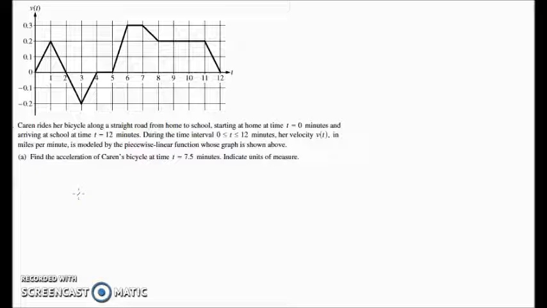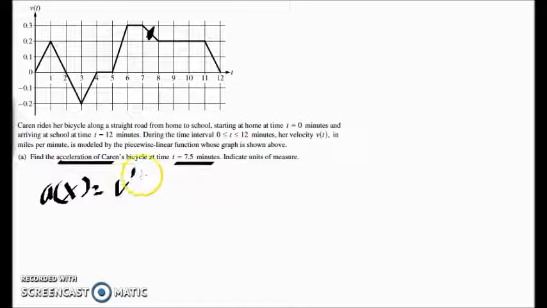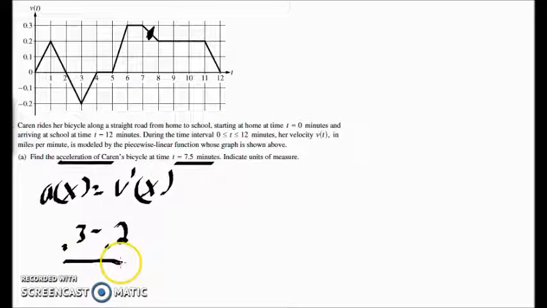So start with part A. Part A is asking for the acceleration of Karen at 7.5 minutes. So this is just the slope at 7.5, because we know that acceleration equals v prime of x. So we can solve this by just taking the slope between 7 and 8. That equals 0.1 miles per minute